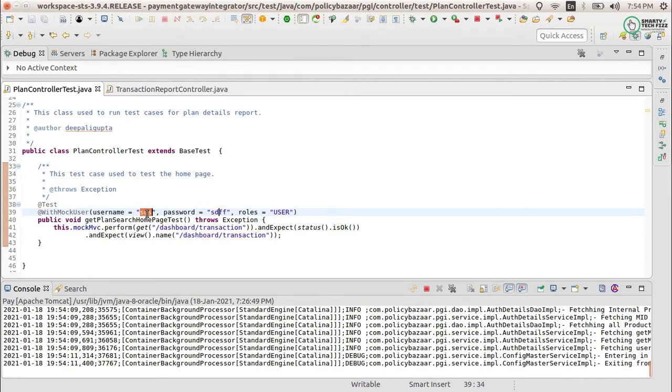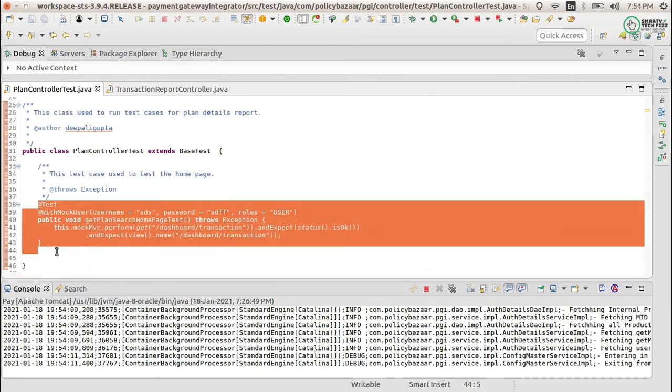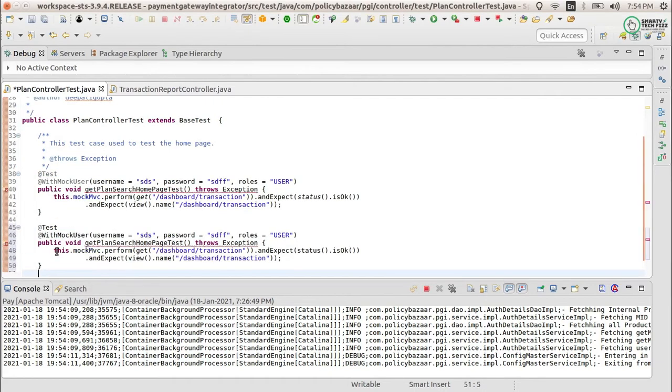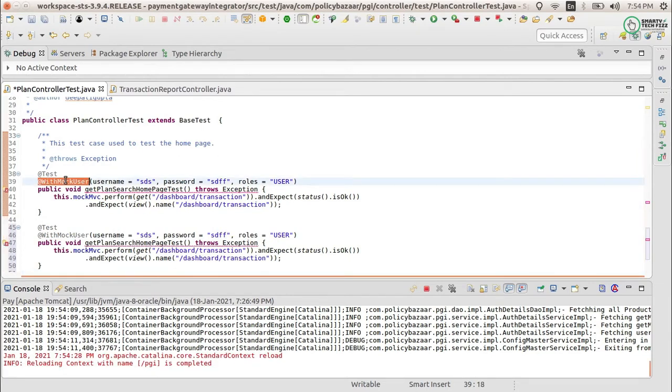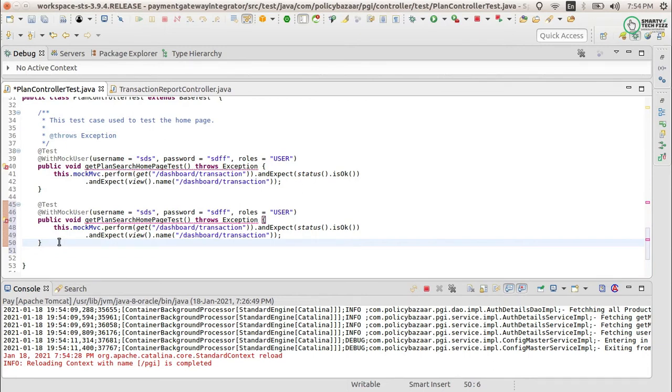If you are not checking for any of those reasons, then you can provide any dummy user, password and role. So okay, now let's go into a different thing. Let's say you have another test, and that test also needs a mock user, and you add another test that also needs a mock user. Then what will you do? Is it good practice to provide the mock user to every test case?